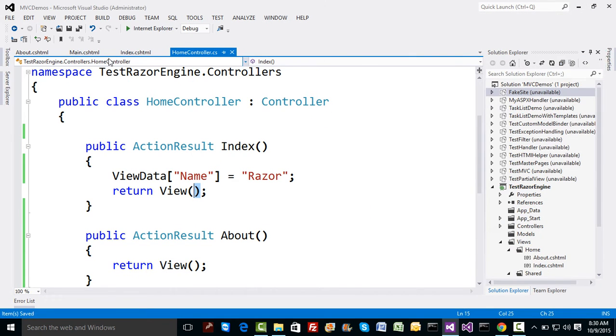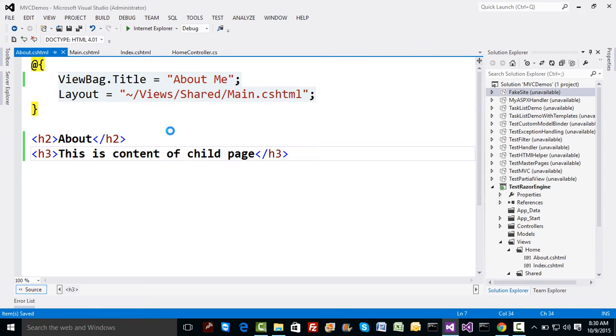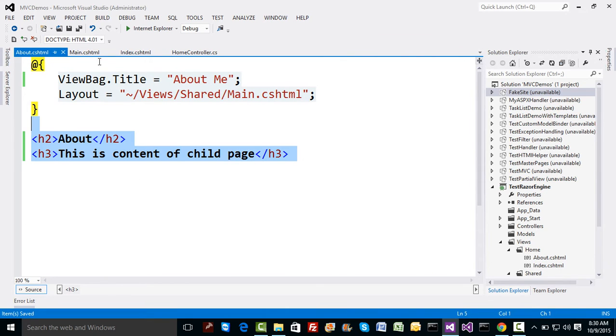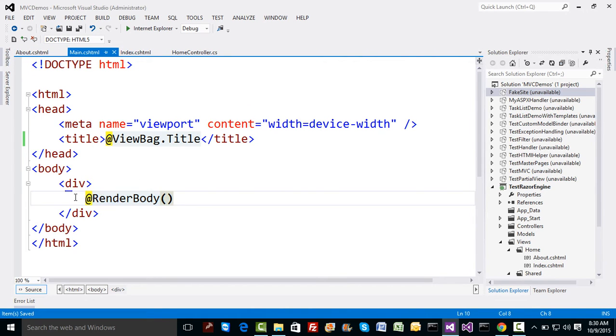So it's that way very easy to work with master page concept in case of Razor. Now what will happen if at all we want multiple sections, just like we have got content placeholder concept in case of ASP.NET master pages. How about having sections in the master page itself? If you wish to have sections, like by default there's a RenderBody, which means every content of the child, which means these contents will go inside wherever in master we have written RenderBody.